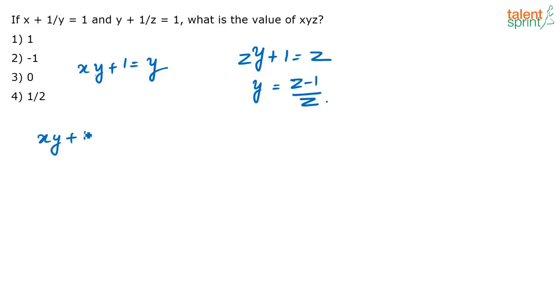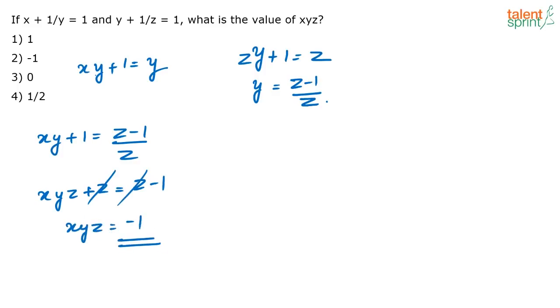I will get xy plus 1, that is equal to z minus 1 by z. See, remember, basically you have to rearrange these two equations in such a way that you are getting the value of xyz. That's all, correct? So let me try to rearrange. I am trying to do that. So I have xyz plus z, that is equal to z minus 1. So z and z will get cancelled, or I can say xyz is equal to minus 1, that is